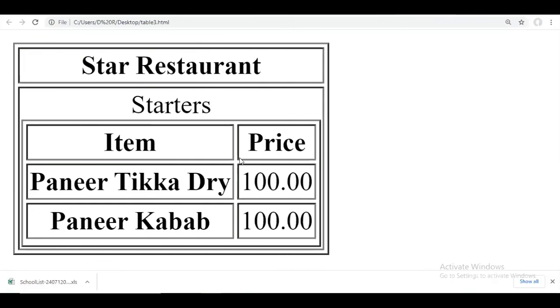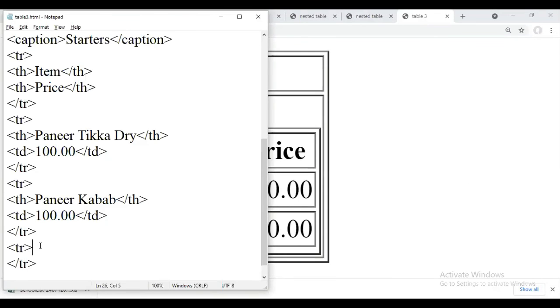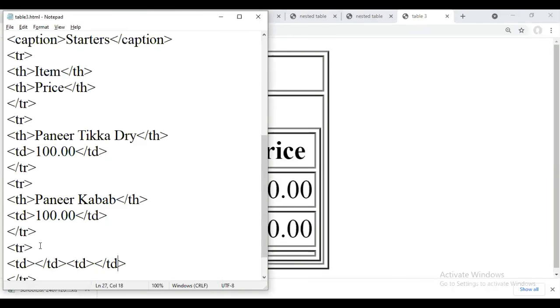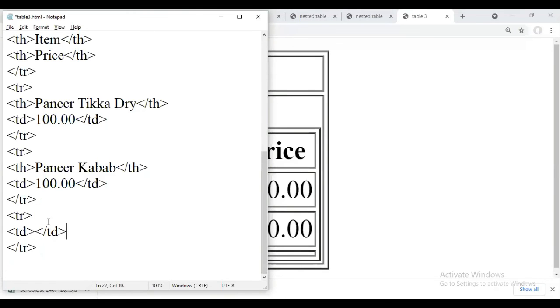Okay, we have got it like this. Now here to get this, we are supposed to use TD twice, since twice only because we are using this 2 by 2 table. Okay, like this. Or you can write it like this: colspan is equal to 2.